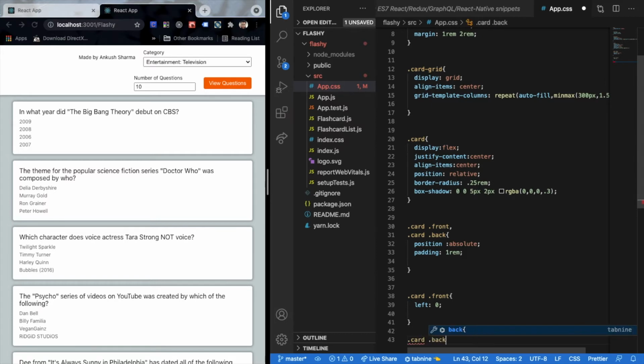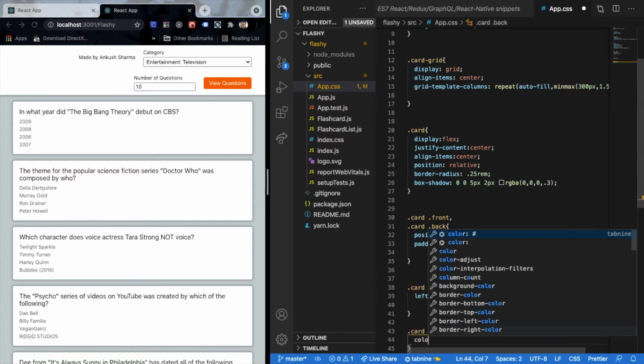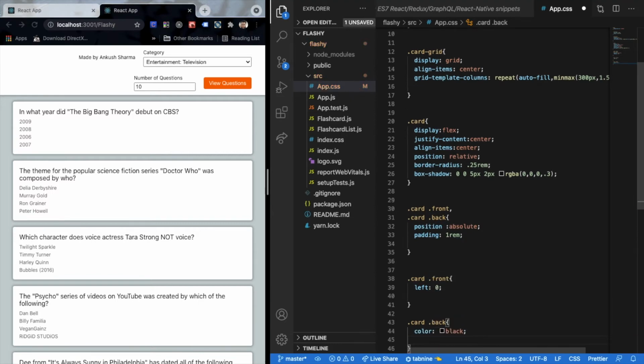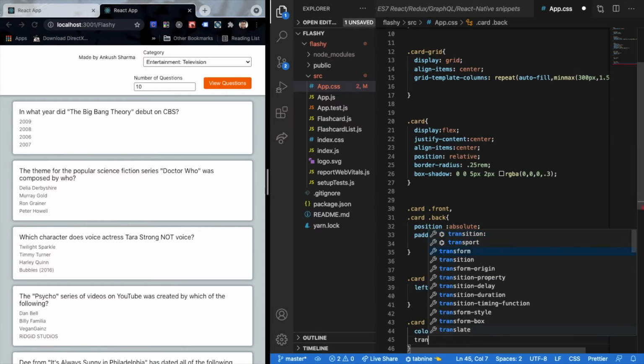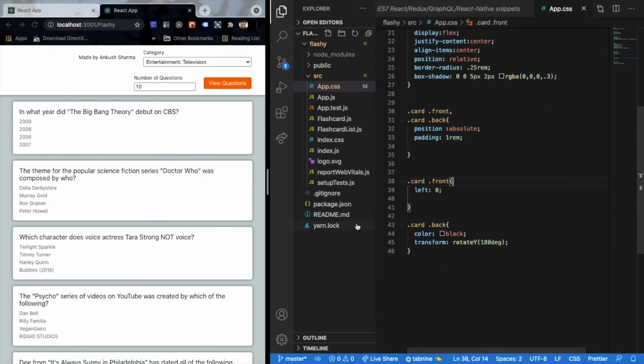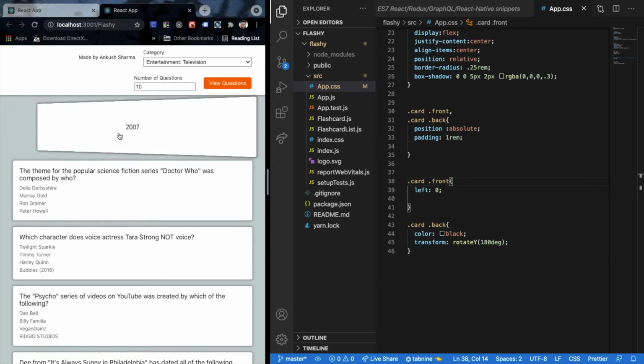So I'll have card back and I'll set its text color to be black, and then I want to transform it, like whenever we click on it, I want it to rotate Y, and then I want to specify my angle to be exactly 180 degrees. Now this eases our process of defining everything, because this will really help us define everything in one go, and we'll be able to do what we want, basically this animation of flipping everything.